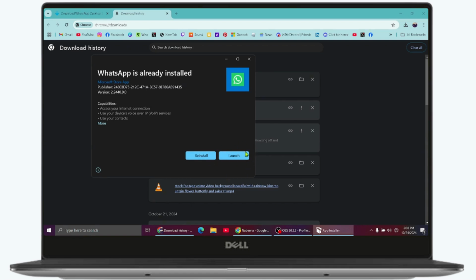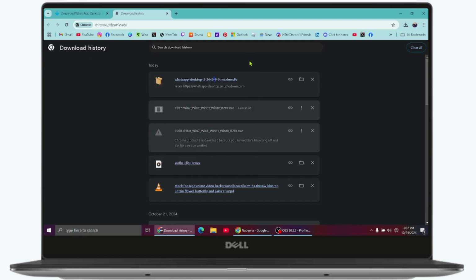So in my case, I've already installed the WhatsApp. So it's saying WhatsApp is already installed. So if you get the install option, you can simply go with install. So in this way, you'll be able to install